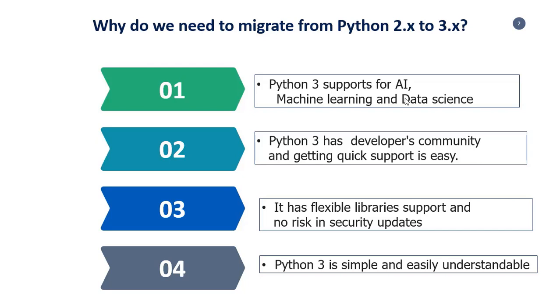is easy. In Python 2, we don't have any developers community. That means we have lakhs more libraries available in Python 3. So it is not possible to get support from top level management because it's now a trend for Python, and it was just released without proof from customers. That means it's not fully developed. That's why there is no accuracy in the help from the people. So that's why those who developed Python